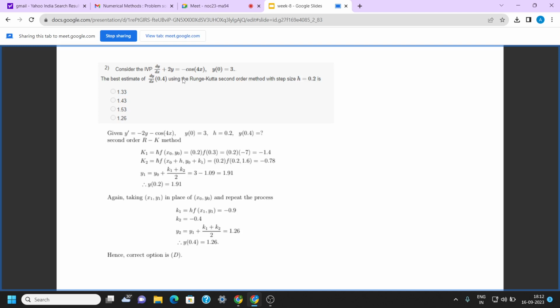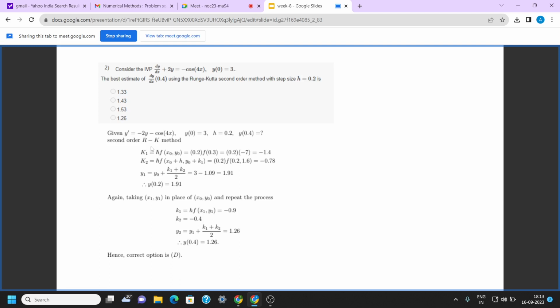So here you have been given dy by dx plus 2y is equals to minus cos 4x, right? So what will be y dash? Y dash will be equal to minus 2y minus cos 4x, where initial value y of 0 is given as 3, okay? And step size h is equals to 0.2. You have to calculate y at 0.4, right? So for that, using second order Runge-Kutta method,